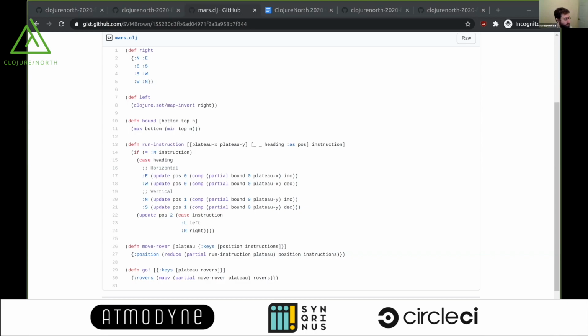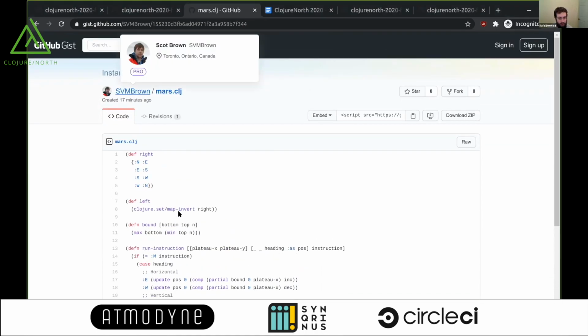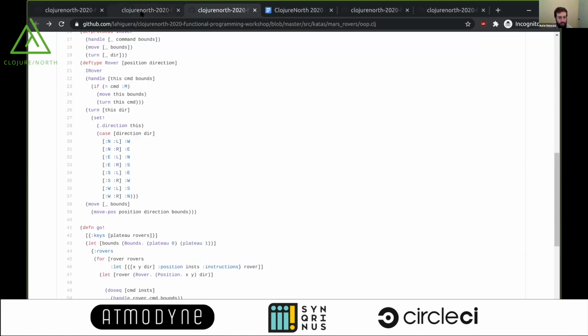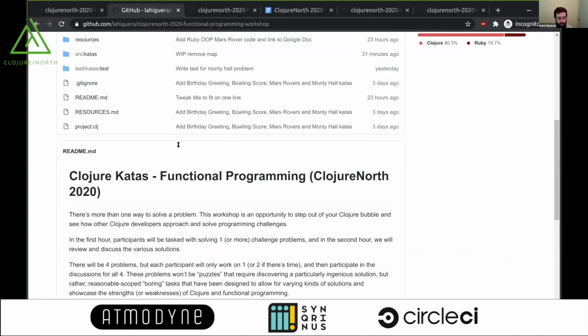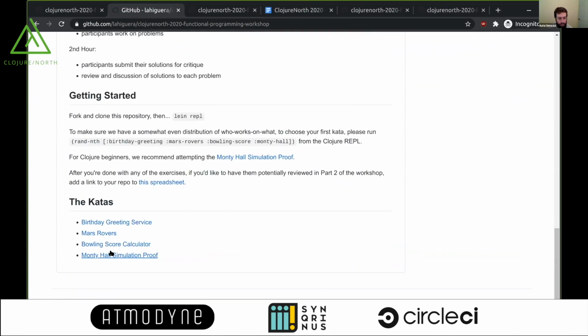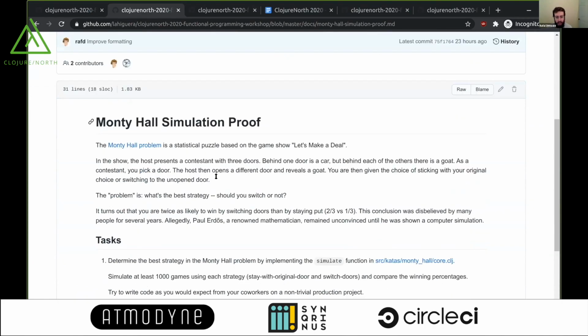And in the interest of time, I'm going to move on to the Monty Hall, and we'll take a look at the setup for the problem. And so for the Monty Hall problem, the setup basically is that we want to prove whether or not in